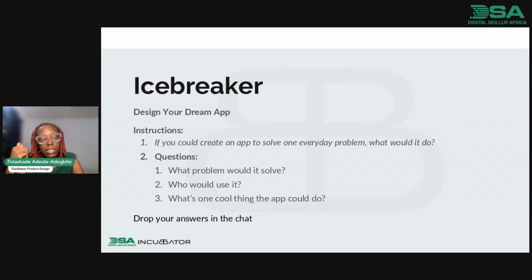I feel like the app could have different options of emergency numbers, like numbers you can call or different hospitals. I like that idea, Joseph. Okay, so let's have more people.